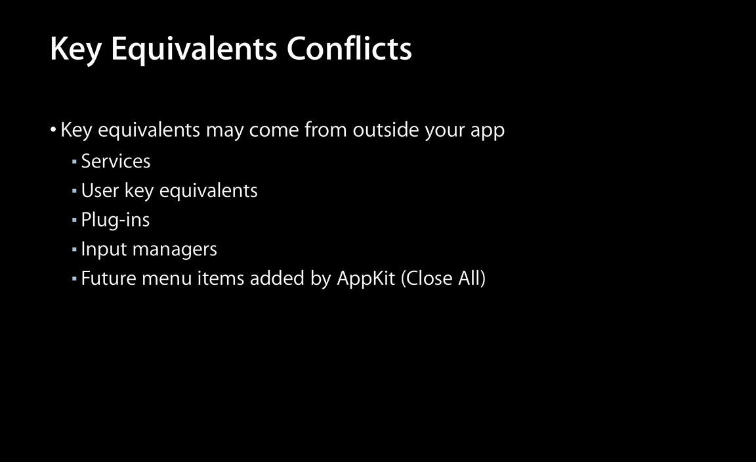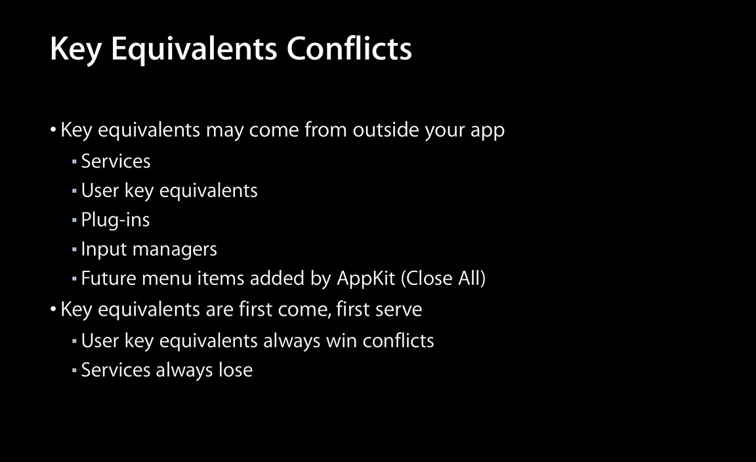And you may think, I designed my app, I picked all the key equivalents, I know there's no conflicts, but as we've seen, key equivalents can come from other places. They can come from a service, they can come from something the user requested as a user key equivalent. If your application has plugins, they can come from there, input managers, and any future menu items added by AppKit, such as Close All. Now, it's first come, first served, meaning the first menu item that requests the key equivalent will get it, except that user key equivalents always win. We respect the user's wishes. And services always lose,